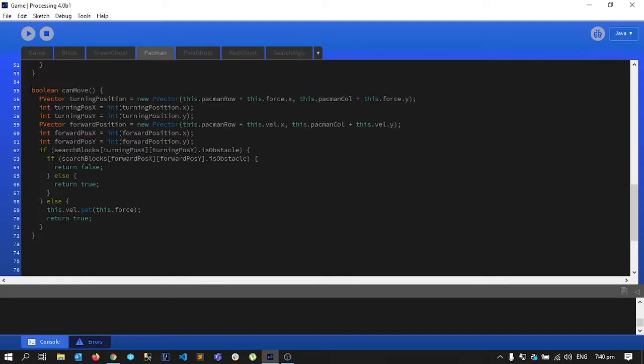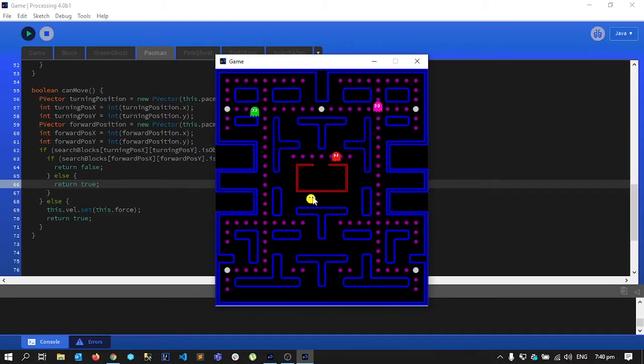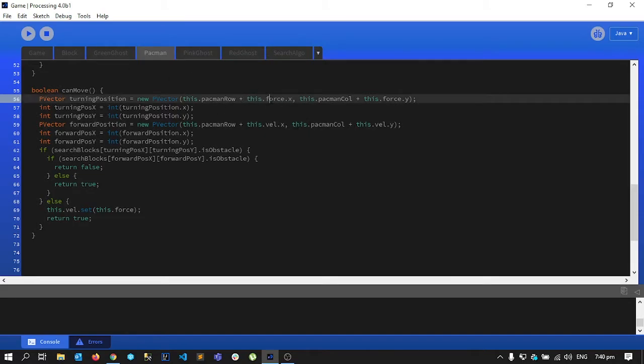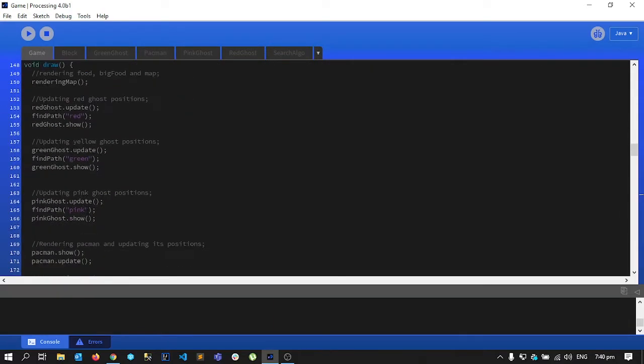And then there is the scan move function. This is a very important function and a very tricky one. So what happens in this function is, when I'm moving Pac-Man, I have to look two ways. I have to look whether or not I can move forward, and whether or not I can turn. So I find two positions. One is the turning position, that is found by this force, and this force is basically a vector that I send from